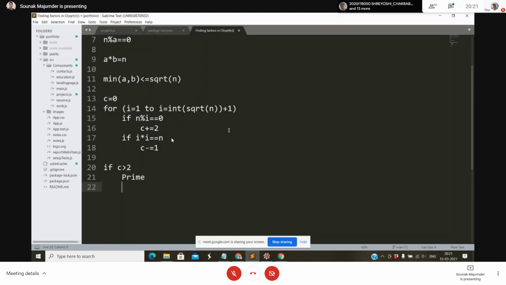For example, if you take the number 9, square root of 9 equals 3. So if you run it here, it will check for i equals 1, i equals 2. It will not check for i equals 3, because if we don't put the plus 1, it will be i equals 1 to i equals 3, and it will check only for i equals 1 and i equals 2. And then it will give you n equals 9 as a prime number according to this logic. So it will give you a wrong answer. So the plus 1 is basically for the Python code.